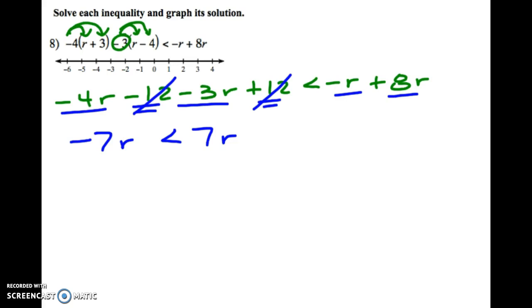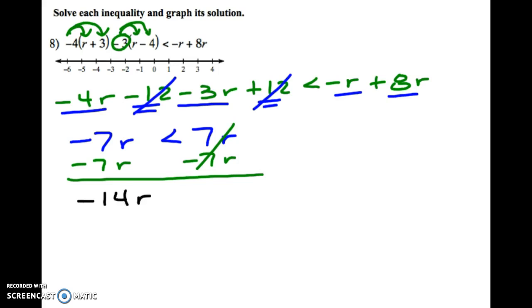Hopefully you don't freeze at this point because we can still solve this one. We can do this a couple different ways. If we get the variable on the right side by subtracting the 7r, this will give us negative 14r on the right, 0 on the left. Next, to finish solving, and you've got to do this step, you can't just skip it, we would divide by